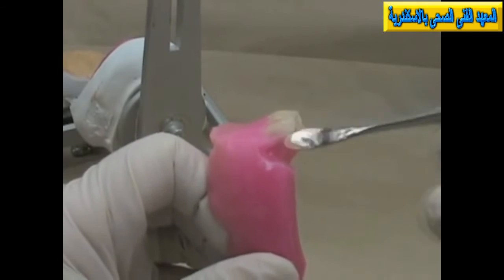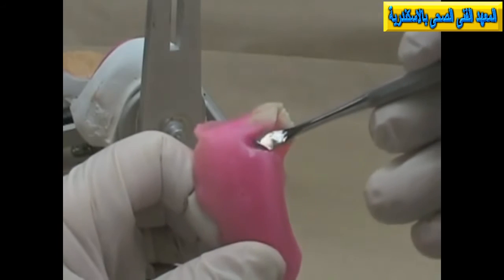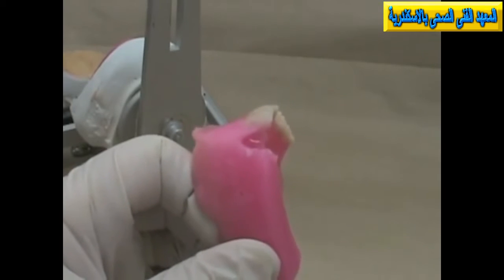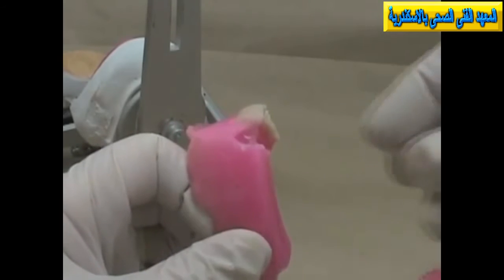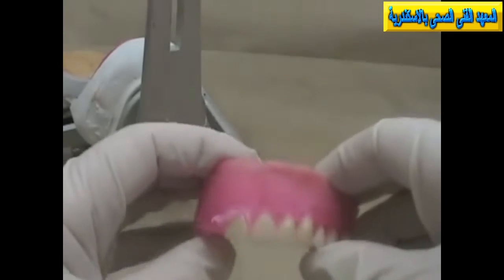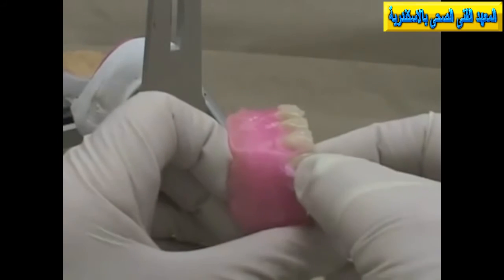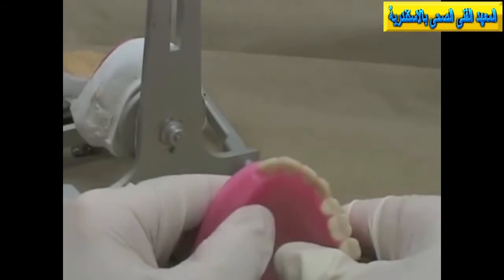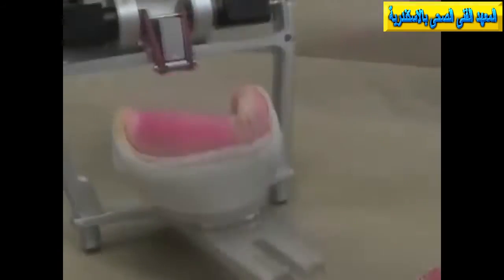So then I'm going to soften up the wax, get it so that it's in a molten state. You won't want just the surface layer softened, you want some of the wax underneath softened as well. Then I'm going to take one of the teeth from my card, take the maxillary incisor, and I'm going to try and sit that in there so that the incisal edge is even with the corresponding tooth that's already been set. I'll move that a little bit there. I'll view it from above to make sure that it's close to being symmetrical, and I'll also put it back on my cast